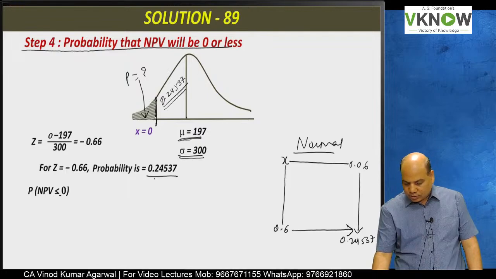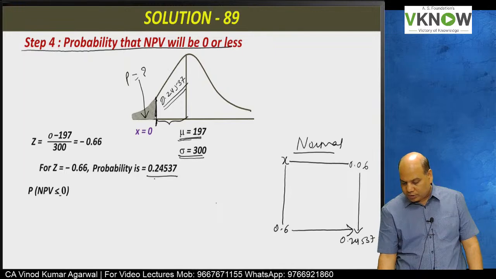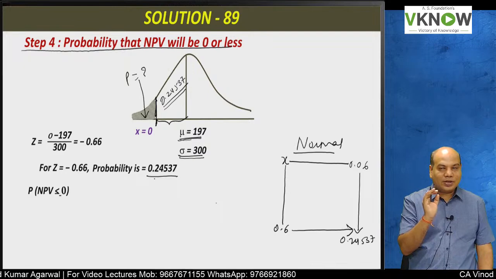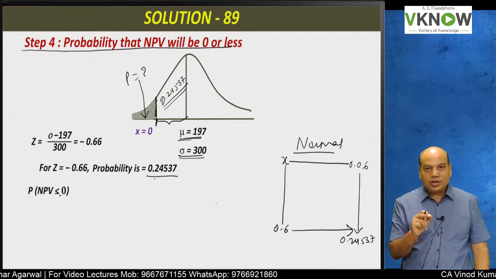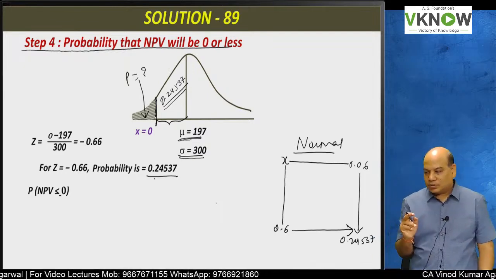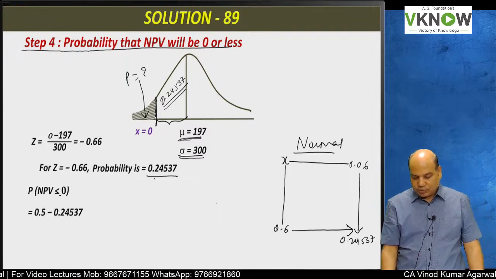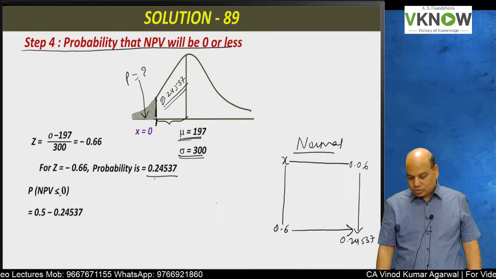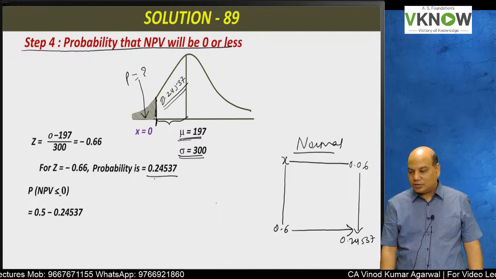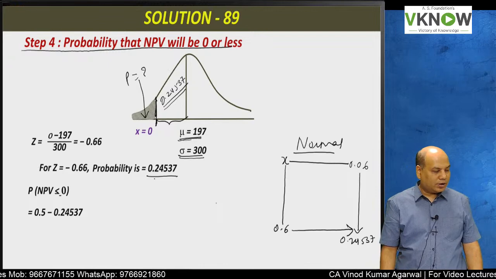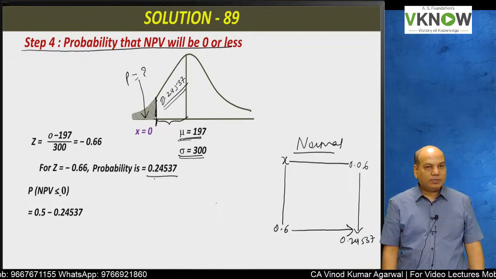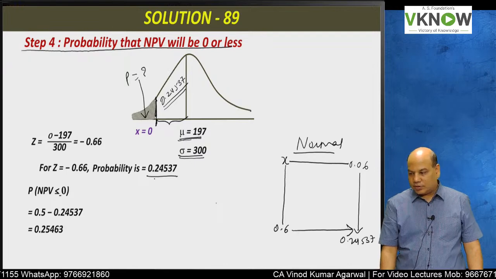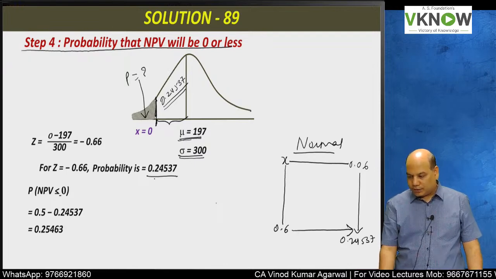0.24537 is the probability of a number between 0 and 197. I want less than 0. Total area on the left side is 0.5. Therefore, the probability that NPV will be less than or equal to 0 is 0.5 minus 0.24537. The answer is 0.25463,